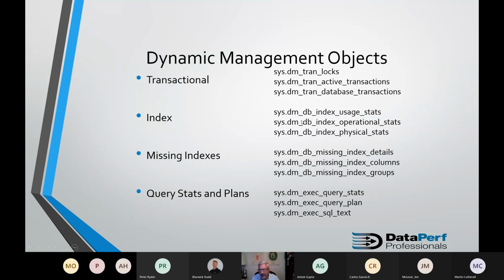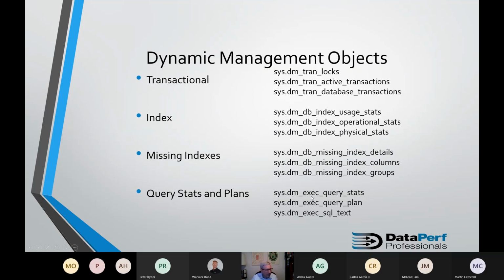Things relating to indexes, dm_db_index, and then usage stats, operational stats, physical stats. Missing index, it tells you right there in the name, dm_db_missing_index. Query stats allows you to get the query stats and the query plans directly in your queries.